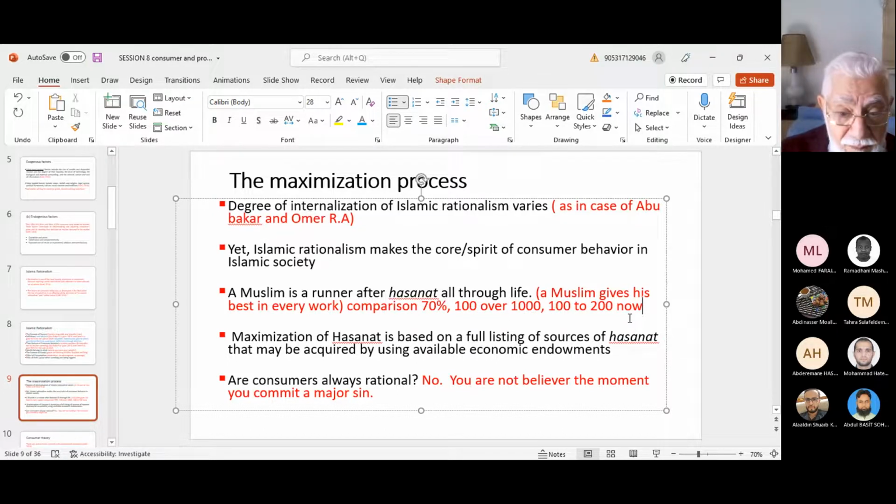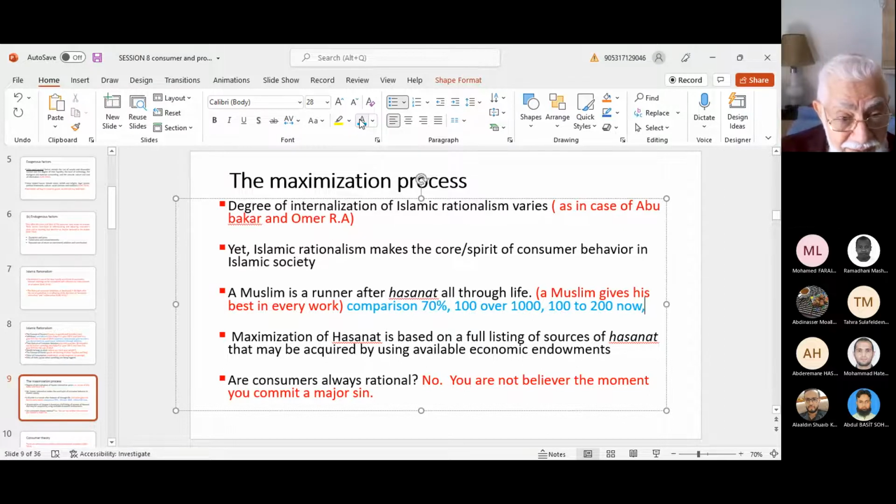I have a friend. He said, well, the Prophet sallallahu alaihi wasallam said, in each step you take when you go to the mosque, there is a hasana. So I counted on Allah the other day, going from my home to the mosque, it was 310 steps. So I counted on Allah 310 hasanat. So this mentality is a mathematical mentality, which really means, is the mathematical analysis wrong in consumer theory, or is it okay?